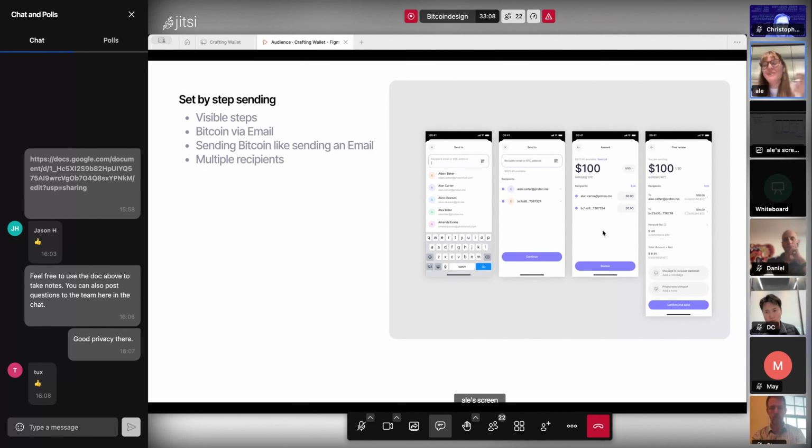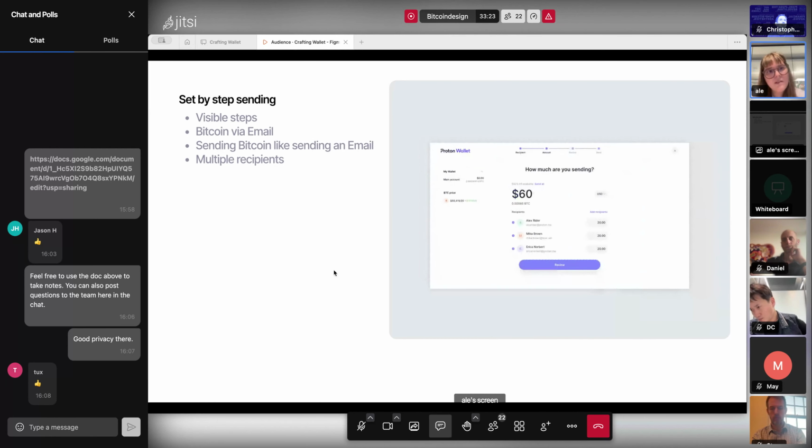We came to the conclusion that yes, we needed more steps, but to make it simple: just ask people for one thing at a time. Here in the web version you can see that we added visible steps to help the user see what is coming next all the time.